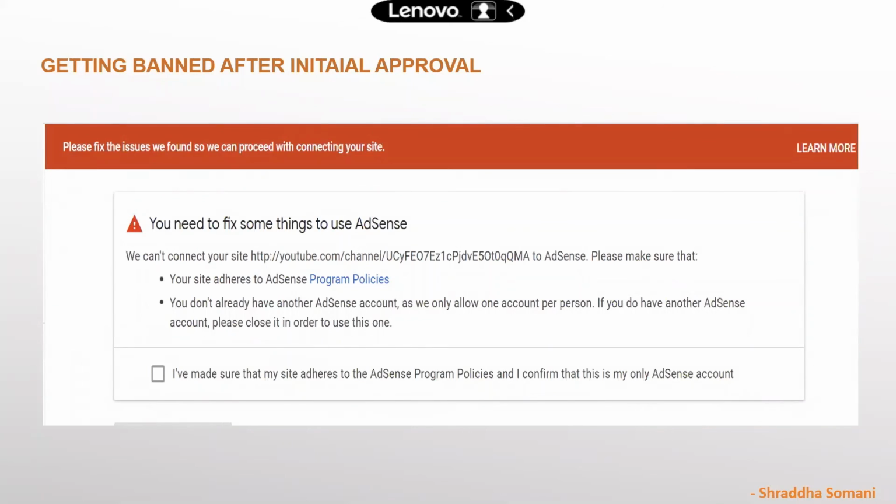It can be something like having a spammy link on your website. There can be malware or a virus on your website. In that case also, Google AdSense will disapprove. It keeps checking the health of your website. If everything is good, then your account will run smoothly. But if it finds any error, it will ban it.